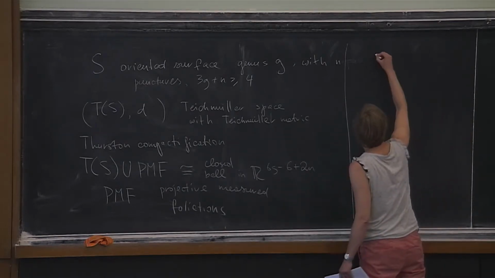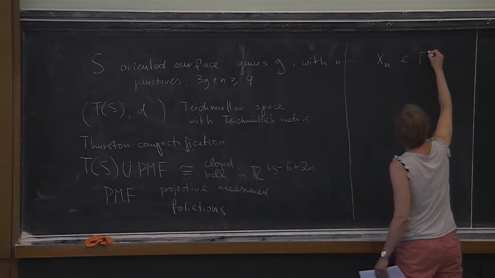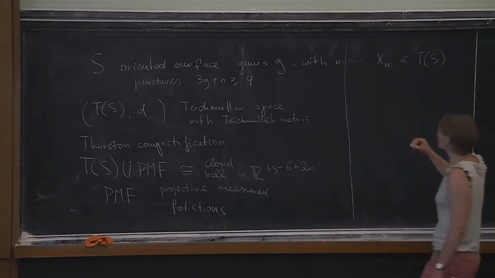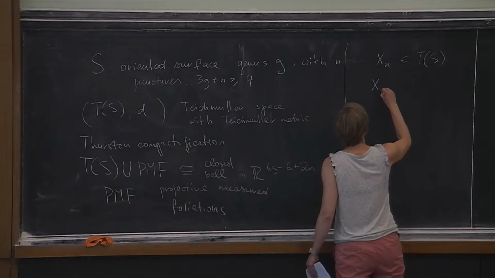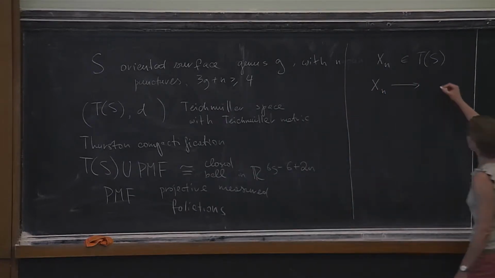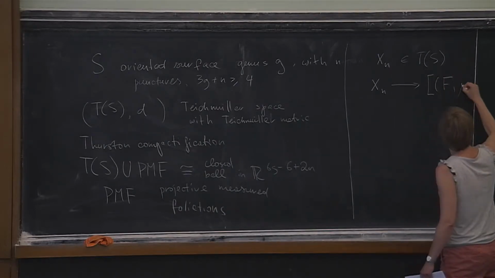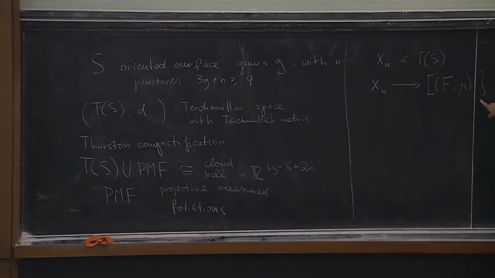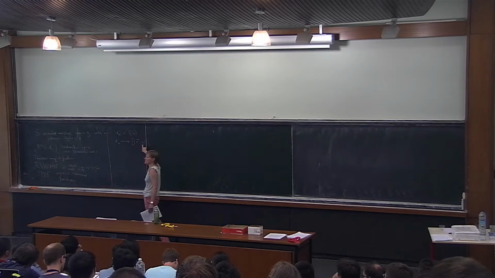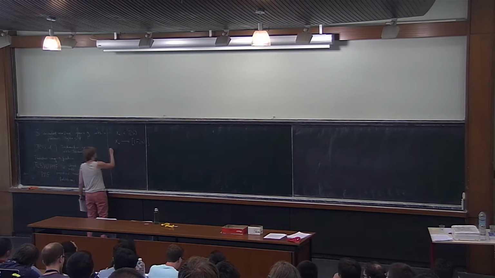So if I take a sequence in Teichmuller space, it converges to a measured foliation, I'm going to write it like that, the projective class of a foliation F with a transverse measure mu, if the